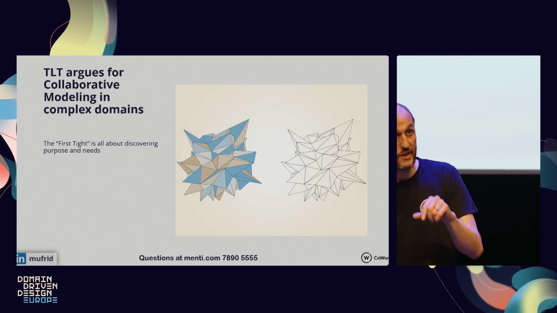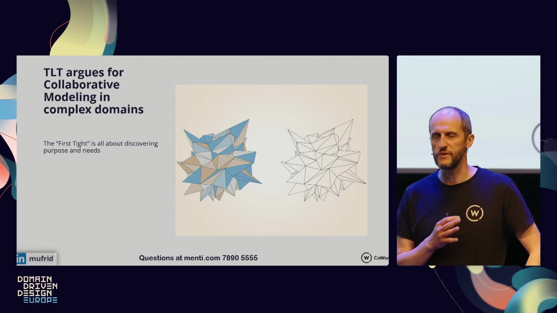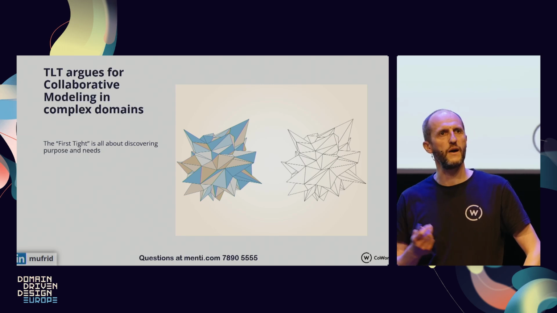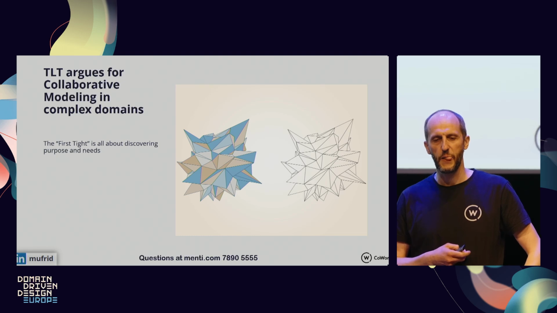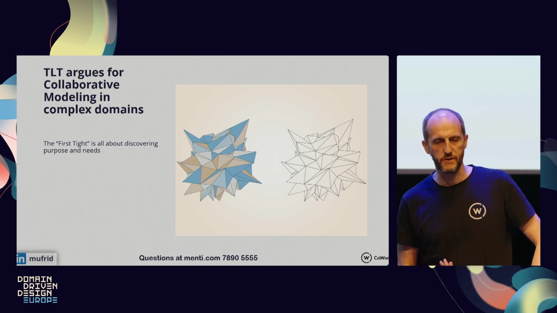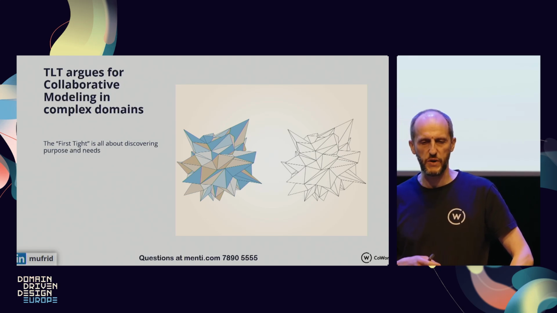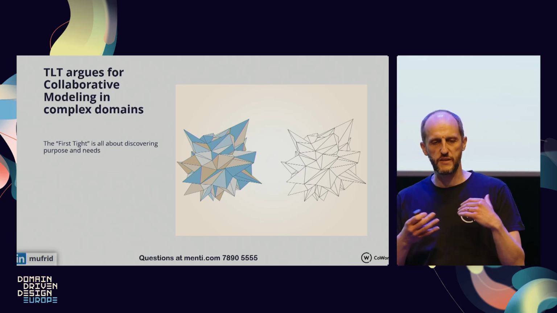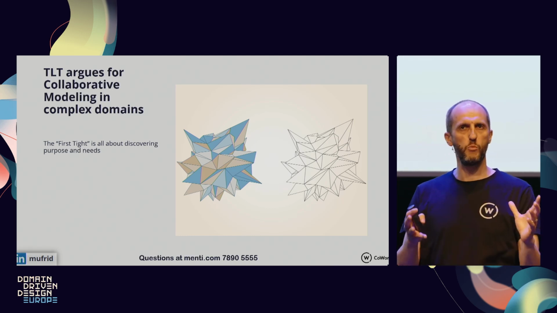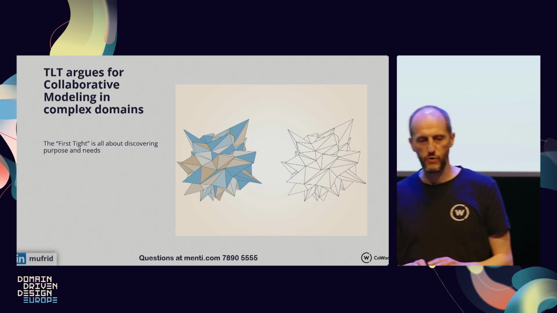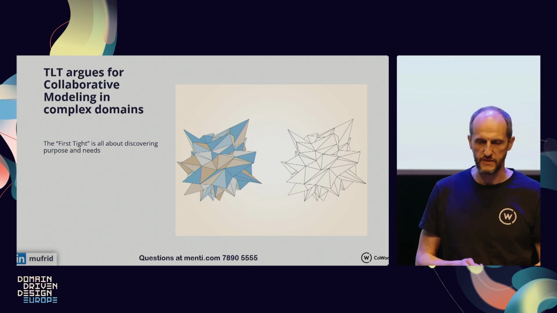Now, yesterday, some of you might have been at Alberto's talk, and he said something about how you don't want to convince people to do event storming or some other technique. You need to present one compelling argument. Okay, maybe we were on the convincing side a little bit, but I believe this Title State enables us to give this compelling argument. If you want to achieve a common goal, something to align to, then we need to discover some purpose and needs.